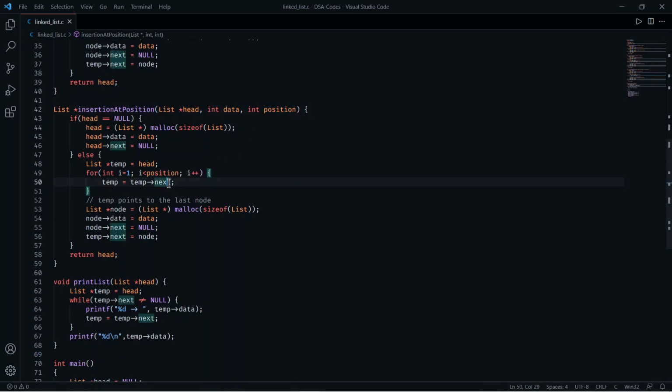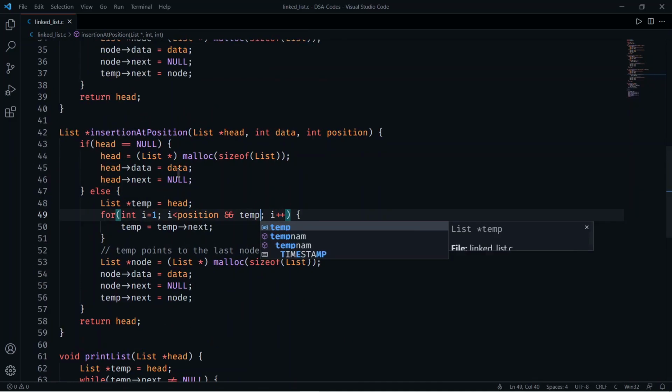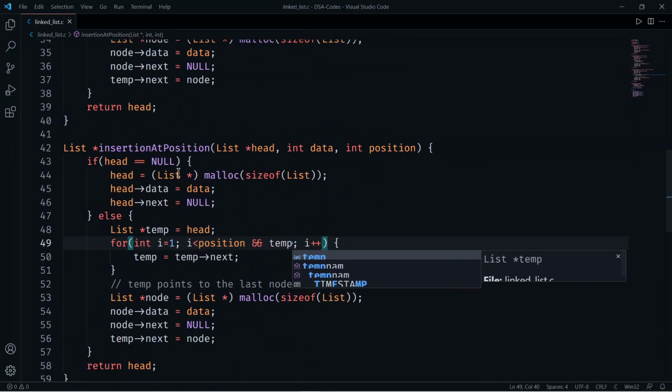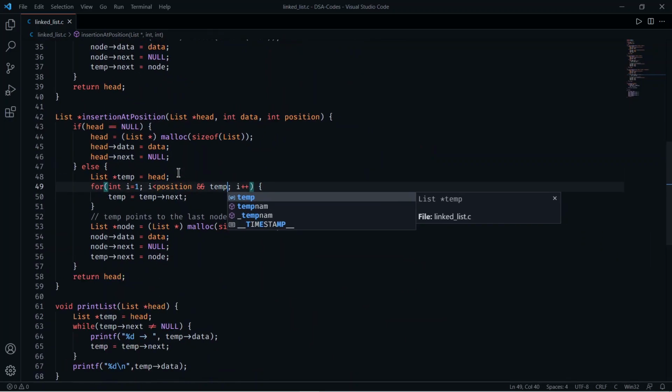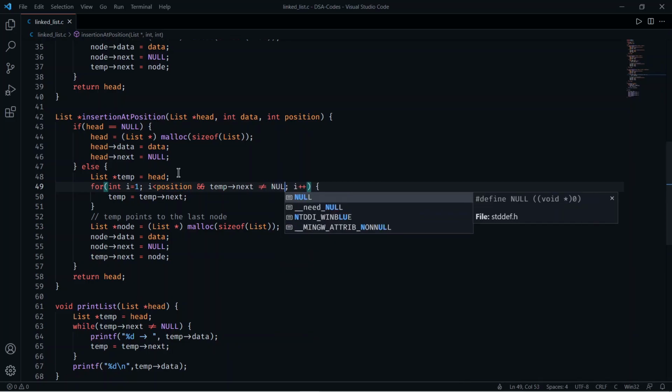So we have to check one more condition here, that is temp arrow next should not equal null.